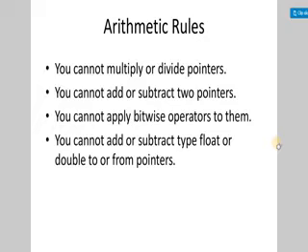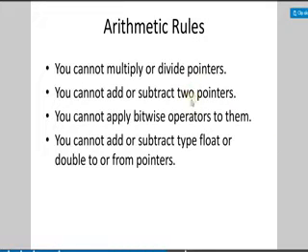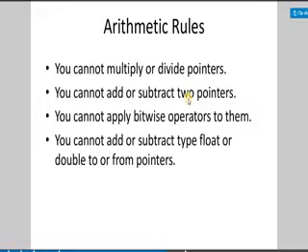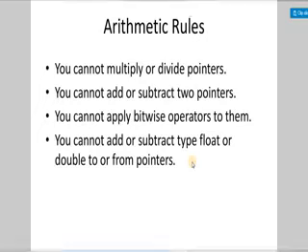And there are some restrictions, or arithmetic rules you can say. I have already said that multiplication and division are not possible upon a pointer, and to a pointer we also cannot add or subtract another pointer. We can add directly some numerical values, but two pointers we cannot add or subtract. We cannot perform any bitwise operation on pointers, meaning if P1 is a pointer, we cannot perform its complement. We also cannot add float type or double type data with the pointer, because a pointer is indicating an address, and an address is always an integer value.